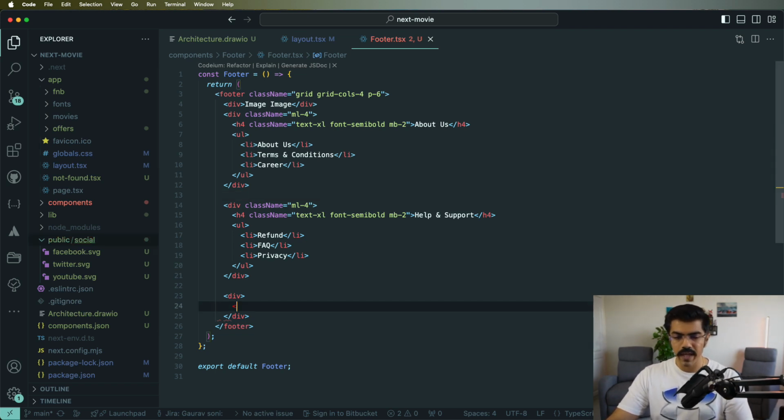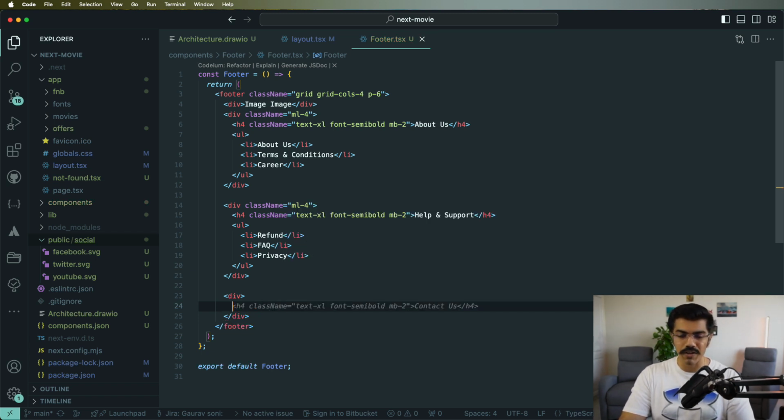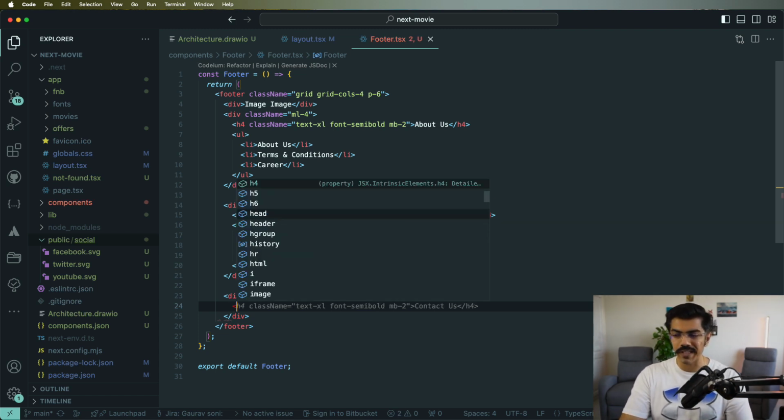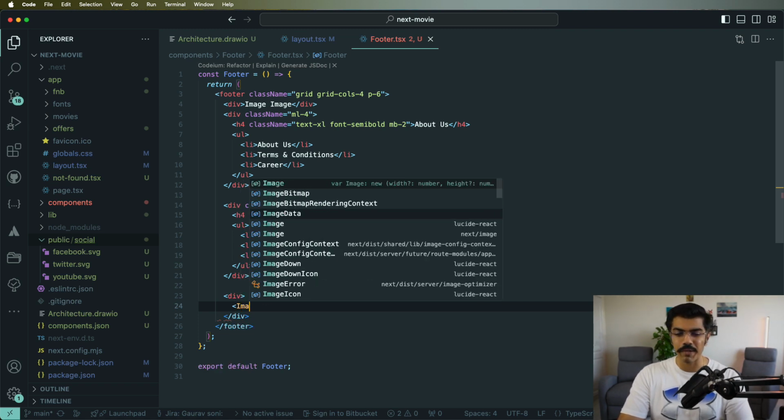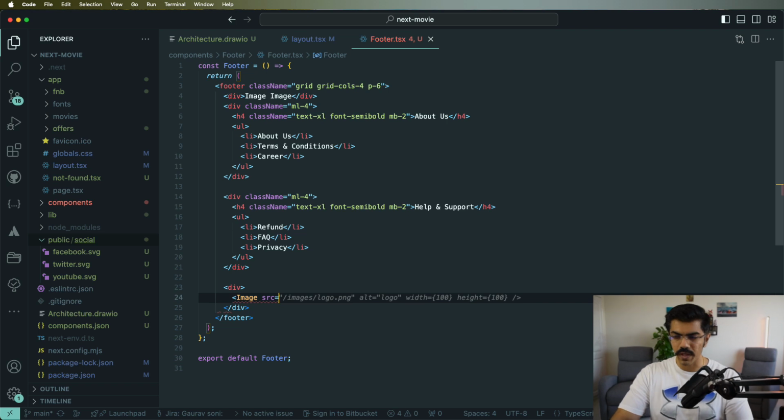Now, generally, when you're creating a React application, you might be using the img tag. And within the img tag, you might be using the source to specify the source of the image. Now in Next.js, they give you a special kind of tag, which you can be using for images. I would highly suggest to use all the tags that are given directly by Next.js because they are highly optimized and Next.js knows how to work with those tags. So the tag, whenever you're working with images, is obviously called the Image tag. And over here we can specify the source. So source equals